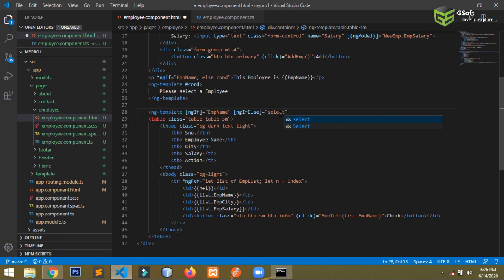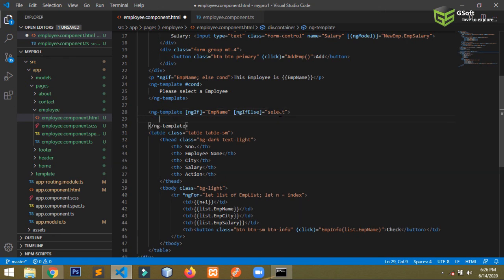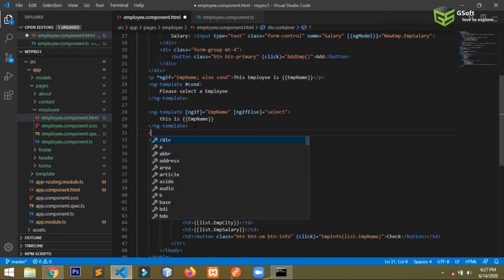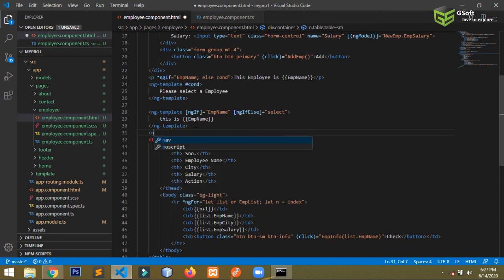I will write select, the name of the id. Okay guys, so here I will write the same thing, this is the name of the employee here, emp name, and now I will again use ng-template, and here I will give the id as select.